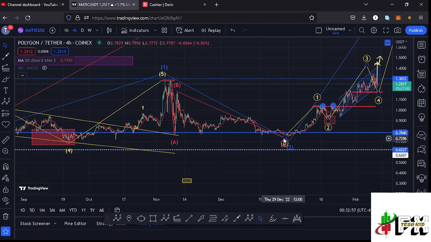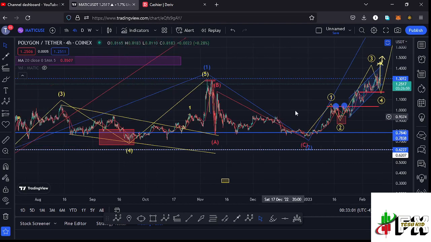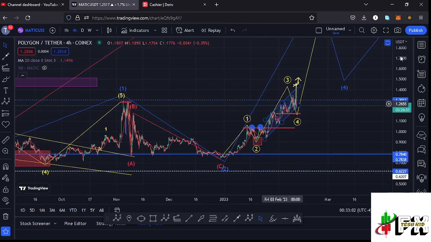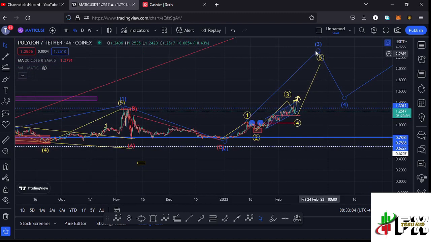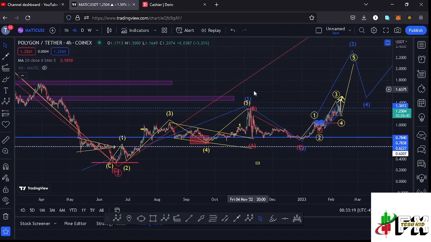And we have seen the wave C over here giving us a low at around the $0.74 mark before we started this bounce to the upside in what I'm terming as the formation of this wave 3, which is an impulsive wave. And because of its impulsive nature, I'm also expecting to see a 5-wave structure in formation, having the wave 5 of this Elliott wave structure right here in yellow, fully maximizing our target areas to the upside in the formation of that wave 3,